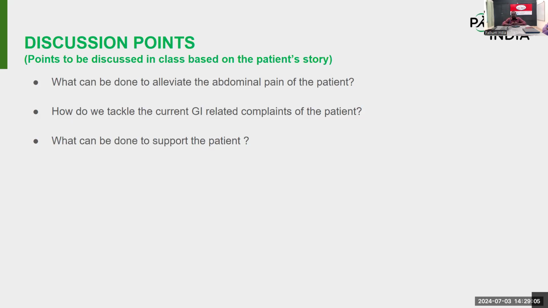So first thing is steroid. Second thing is the rectal examination. If there is a loaded rectum, you have to digitally evacuate it, and then the high enema. What is the next thing?